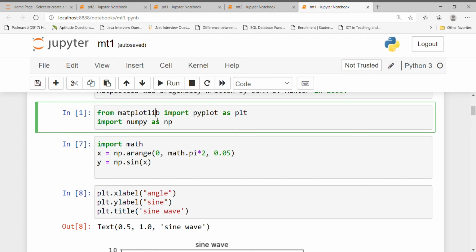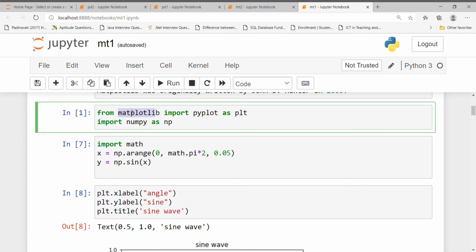So how to install this library? You just have to write one command, which is pip install matplotlib, and hit enter. After some time, matplotlib gets installed in your system. Here I am using Jupyter Notebook, so by default this matplotlib library is installed.